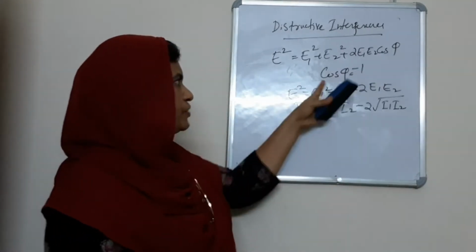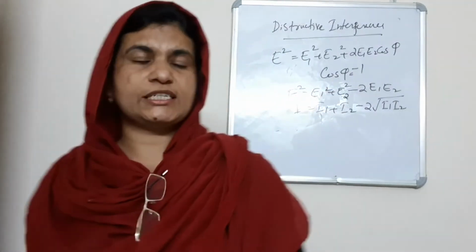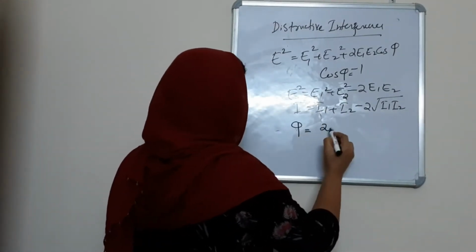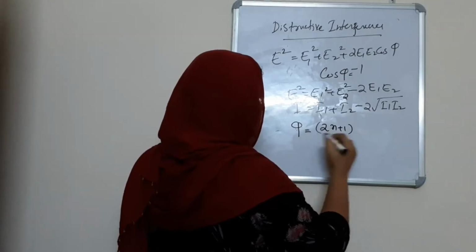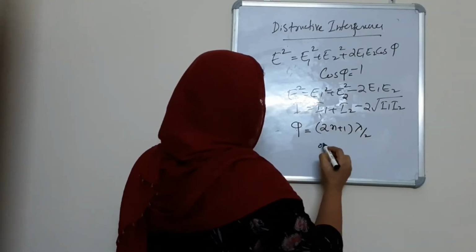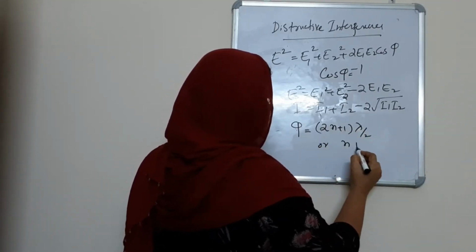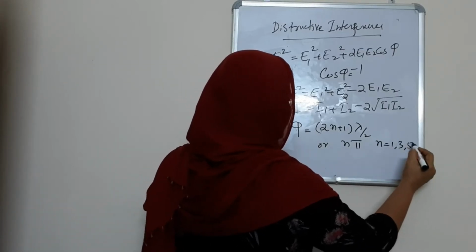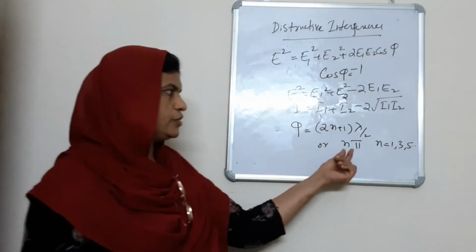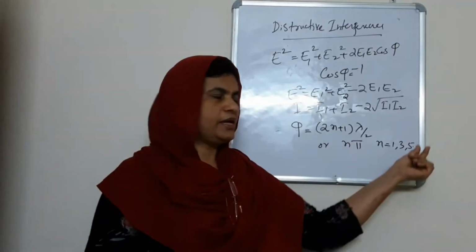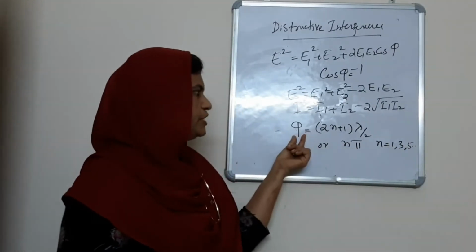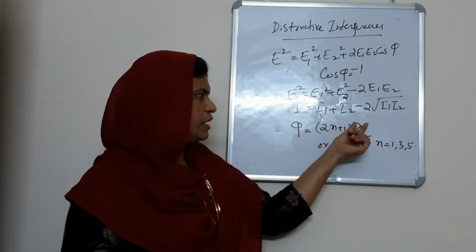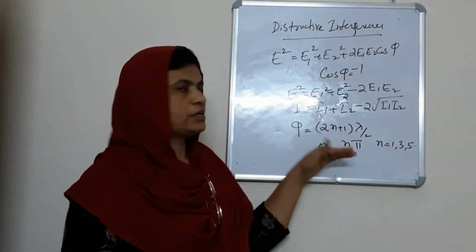So what is the condition? Cos phi is equal to minus 1, and for cos phi equal to minus 1, phi is equal to (2n plus 1) lambda by 2, or it is equal to n times pi, where n is equal to 1, 3, 5, etc. Odd multiples: pi, 3 pi, 5 pi, 7 pi. For these values we get cos phi equal to negative 1. Corresponding to that, in terms of wavelength, we get (2n plus 1) lambda by 2. That is the condition for